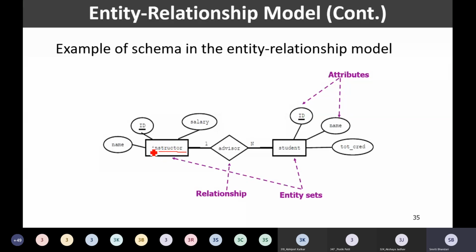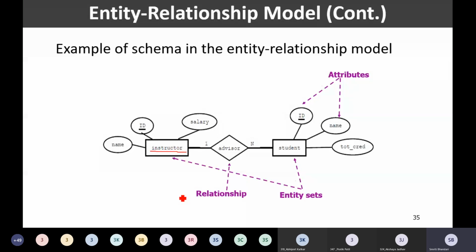So a rectangle is meant for an entity set. Now, I am having a few attributes identified for this instructor, and those are, for example, ID, name and salary. So these are the attributes, and these attributes are related with this instructor.